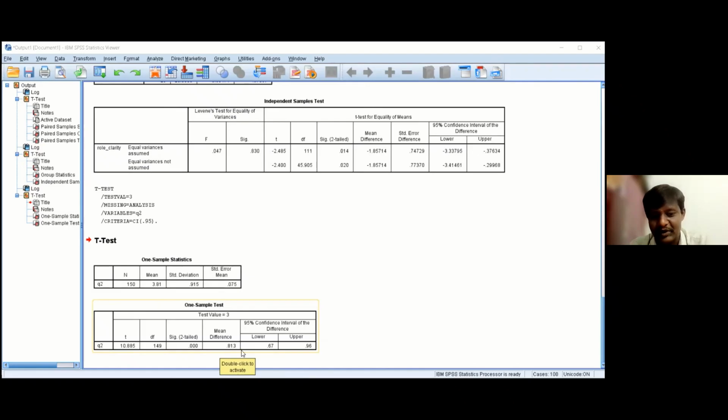So this 0.81 lies between 0.67 and 0.96. Based on our confidence level, the mean difference will not move beyond this upper limit, and it will not go below this lower limit. Okay, sir. Thank you.